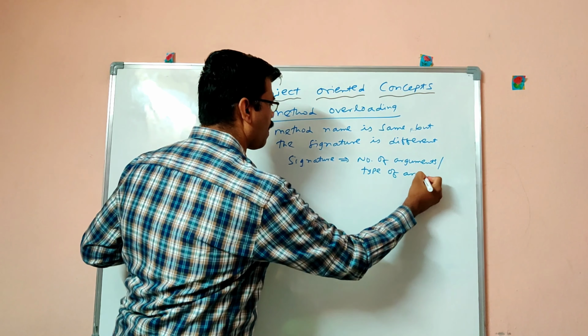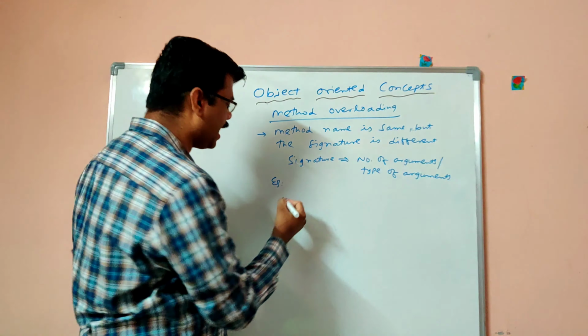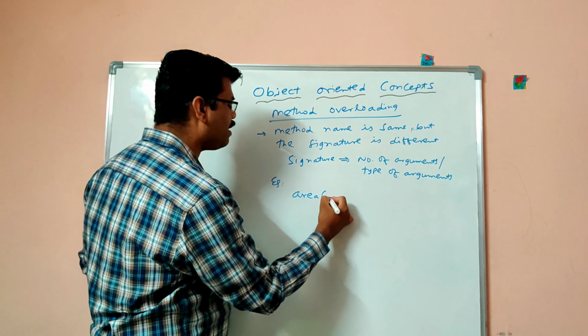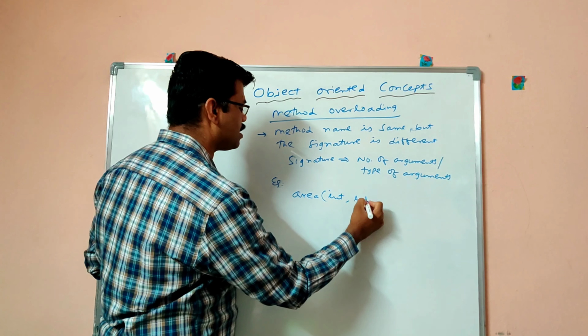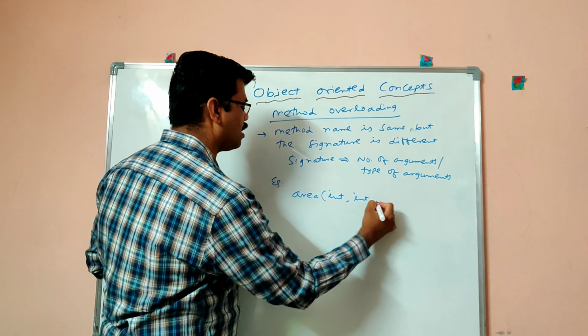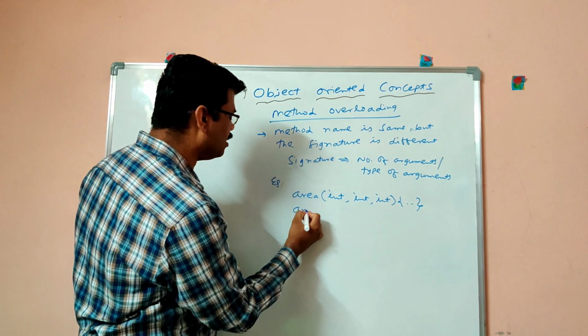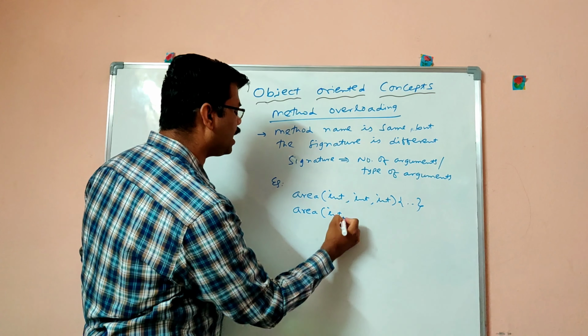For example, take a method like area where we are passing 3 integer arguments with some code inside, and if you take the same method name area and pass 2 integer arguments